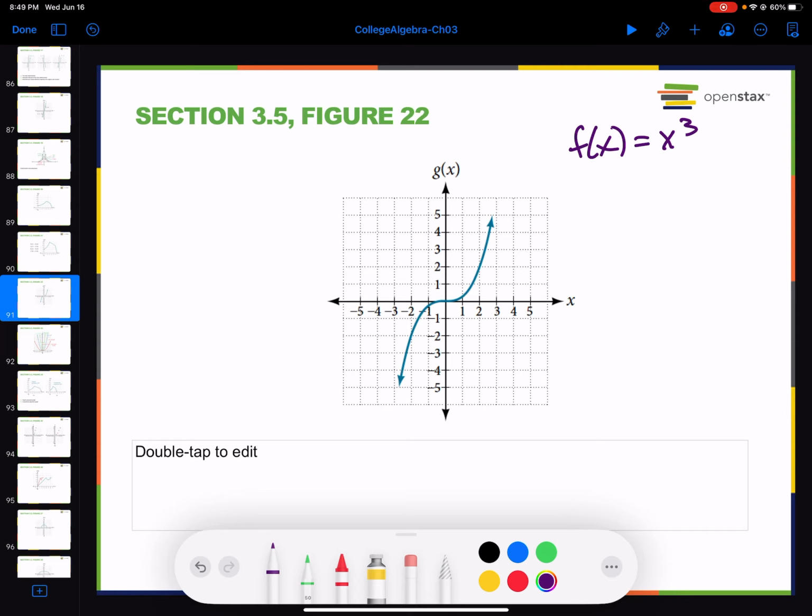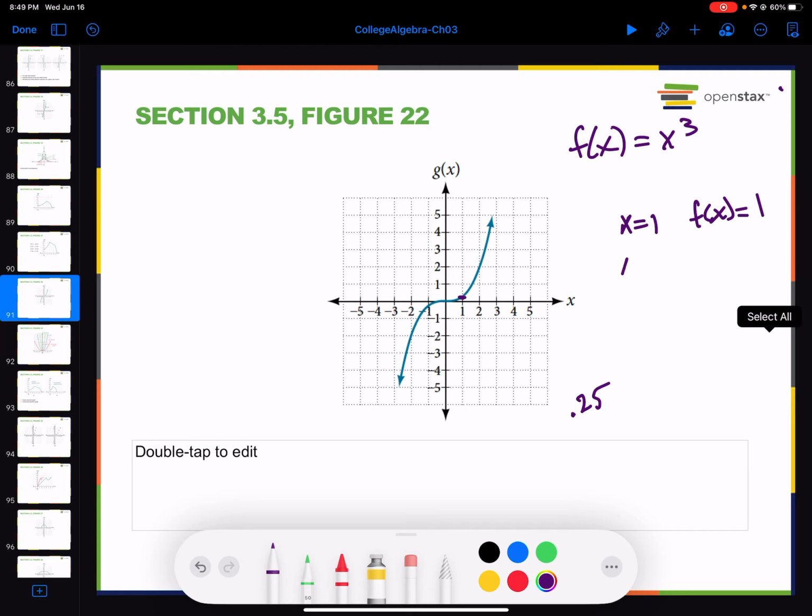It looks like it's being compressed, but let's see what it normally should be. So think about values that make sense in this example. If we did x equals 1, then f of x should be 1, which we don't have. What do we have? It looks like about 0.25. So right away, I'm already thinking that the scalar is going to be 0.25, but let's do a couple more